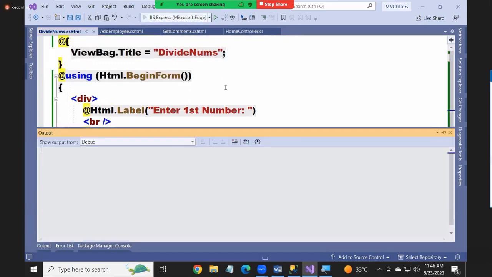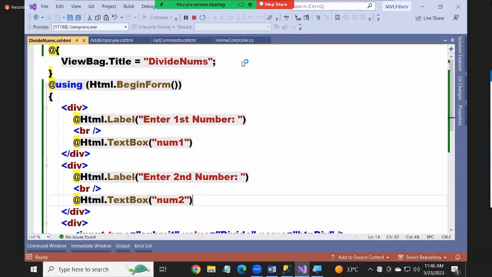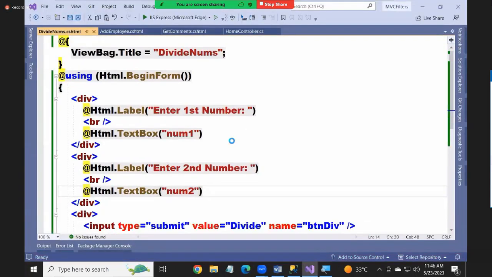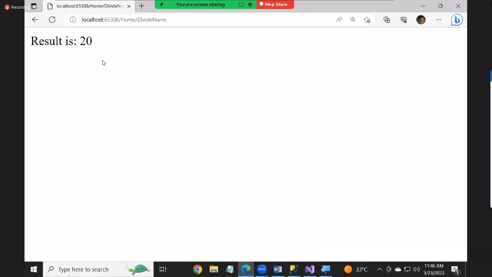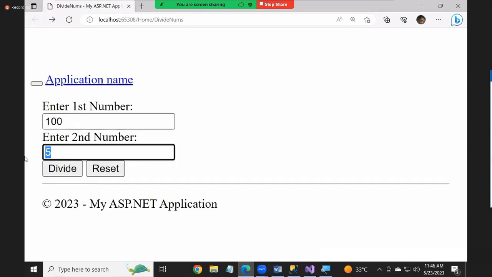So now run this. I'm entering my first number as 100, my second number as 5. Click on divide. Everything is perfect, yes or no? Now I'm entering 100 and I'm entering 0. You know that you cannot divide a number by 0. So when you click on divide,